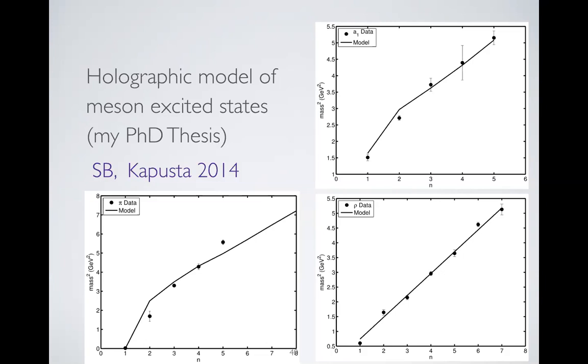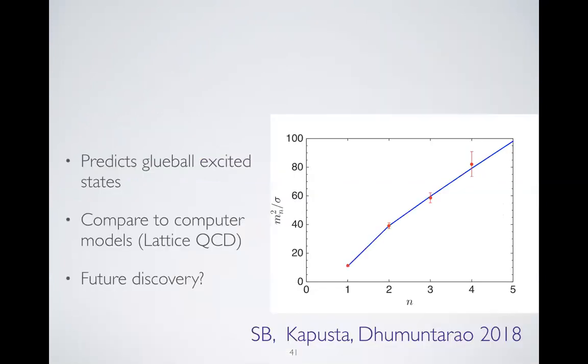Yeah. So these are excited states of different mesons. This was my PhD thesis, and you can see my model fits those pretty well. Now that was because I made the model to try and fit those, right? So you kind of use this known, relatively easy problem, just looking at the excited states of a quark anti-quark pair, to constrain your model, and then try and make predictions.